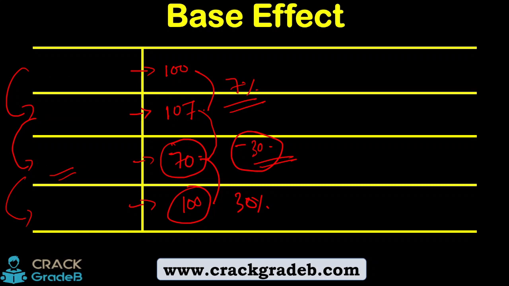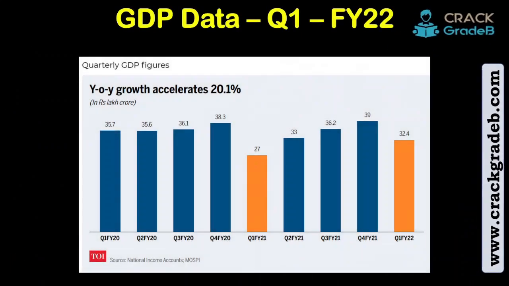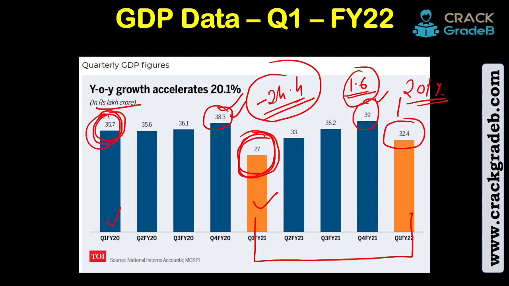That's it. Now let us go back and see. From here, 35.7 to 27, the decline is somewhere around 8.7 lakh crore. But if you calculate this in percentage, it would come as minus 24.7%. Now, this is the decline data. When the new data came in this quarter, that is 32.4 lakh crore, we are comparing it with already declined data for the previous year, that is 27. So the percentage is high,